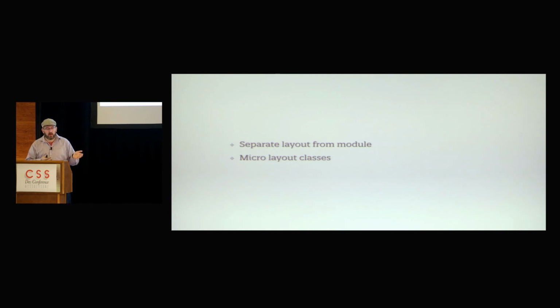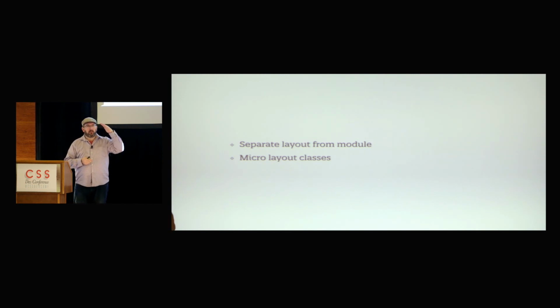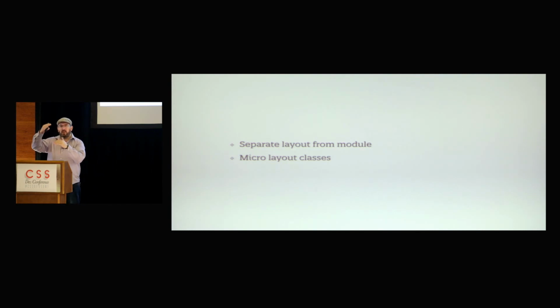The other way we can look at it is we can use what I call micro layout classes. If you're familiar with Atomic CSS, not to be confused with Atomic Design, or Tachyons, or a couple other frameworks out there, they essentially have individual classes that do one thing and one thing only. And by that I mean like margin 10 pixels. That's the only thing that class does. And then just applying those to each specific component. So again, we kind of have to layer things on. So where the module in one place does one specific thing, we then start layering the layout stuff on top of those specific components. I'm not a huge fan of the micro layout approach,